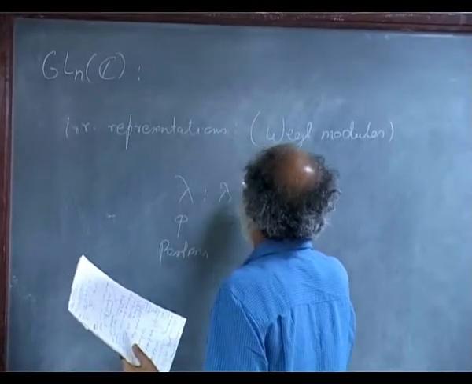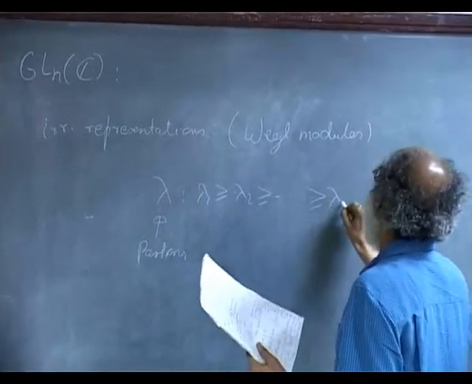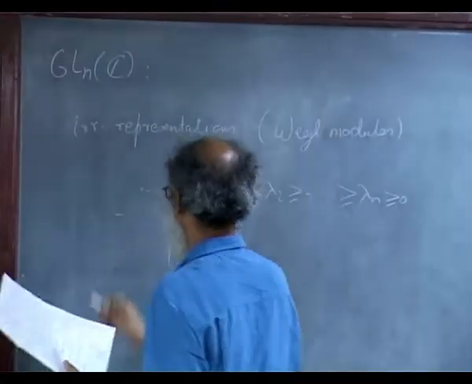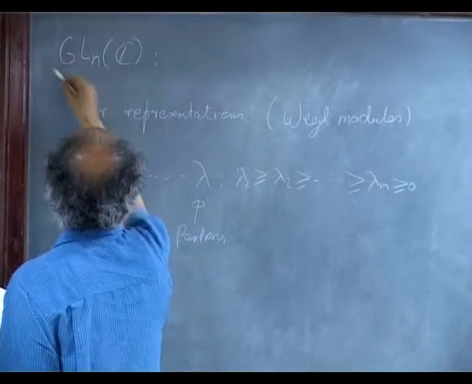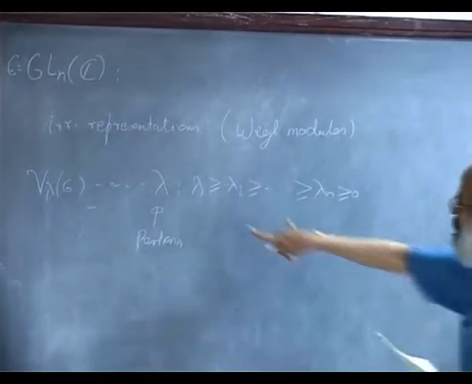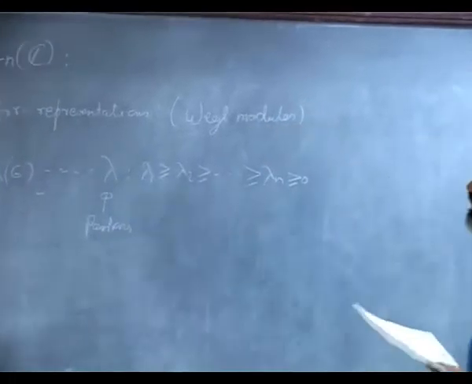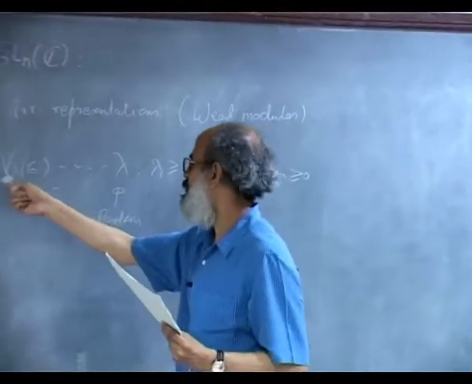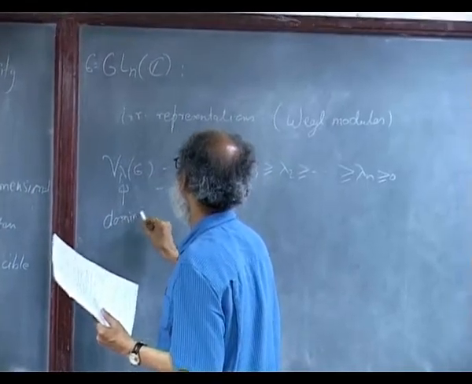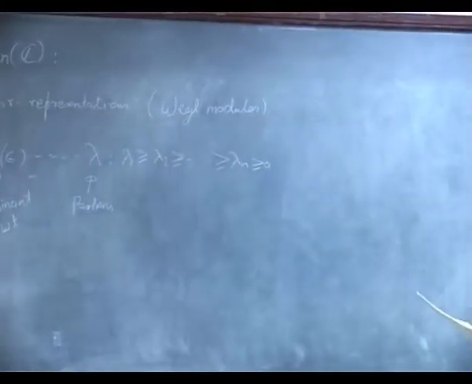By a partition here we mean a non-decreasing integral sequence of length at most n. So corresponding to every such partition, there is a Weyl module which we denote V_lambda(G). Okay, so there is a one-to-one correspondence between the set of such integral sequences, partitions, and irreducible representations called Weyl modules, and this, I suppose in the terminology of the course, corresponds to the dominant weight also, interpreted appropriately.